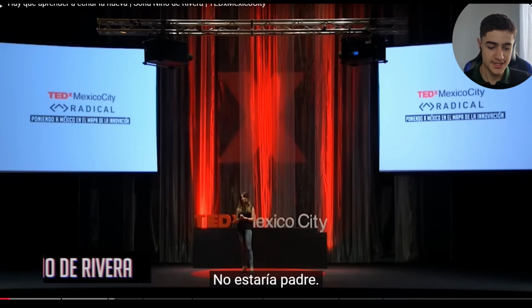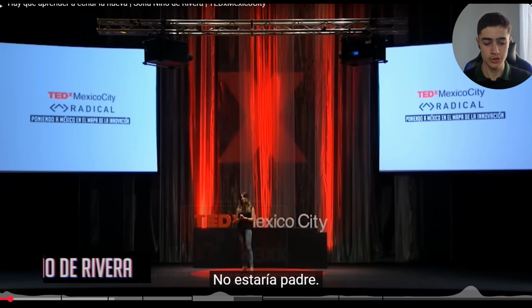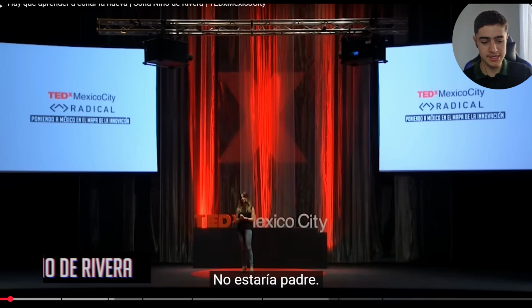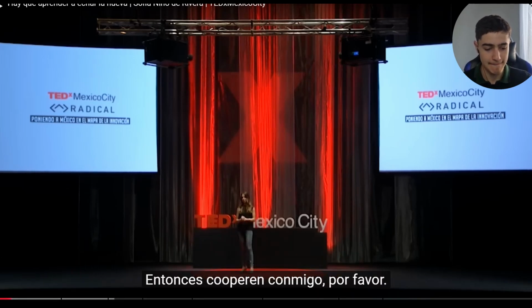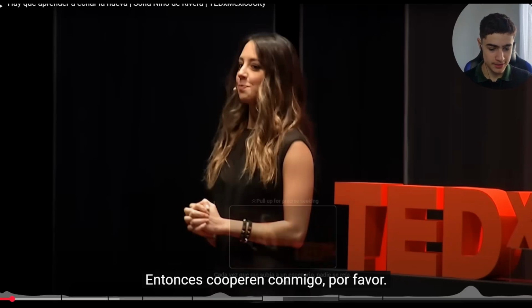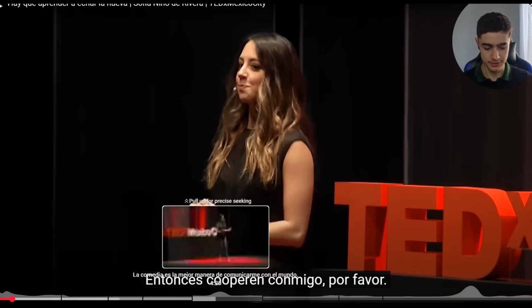So we know that this "ía" means "estaría." It would be. It wouldn't be because there's a "no." So it would be dad, because "padre" means dad, means it would be nice. And obviously the negative means a negative. So it wouldn't be nice, it wouldn't be dad. So that's like one thing, right? You wouldn't say "it wouldn't be dad," but when you say that in Spanish, it means it wouldn't be nice. "No sería padre." "Entonces cooperen conmigo, por favor." "Entonces cooperen." Like, let's say you don't understand what that means. Cooperate with me, essentially. That's what it's saying.